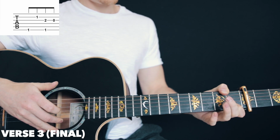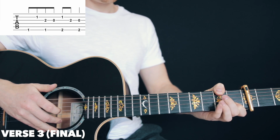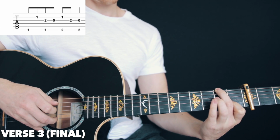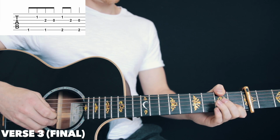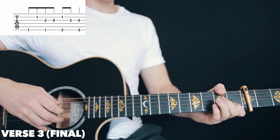Then the thumb moves up, but the first finger stays there. Bit of a stretch. Okay, if this is too much of a stretch, you can just use your fingers, right? If you'd rather do that, that's fine by me. I like the thumb. So just practice that bar slowly. You're gonna see it's our